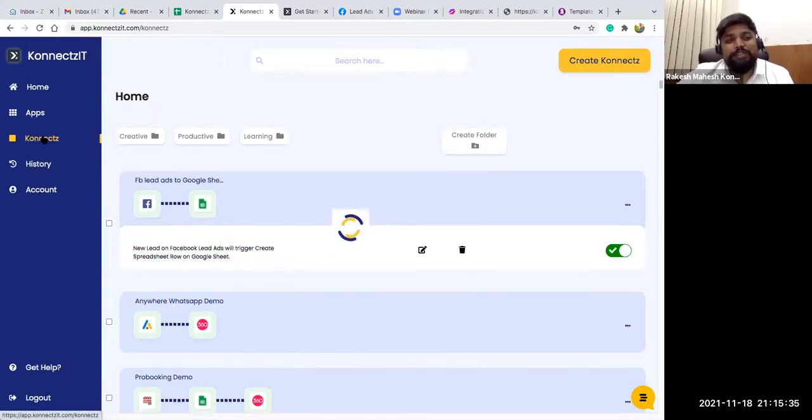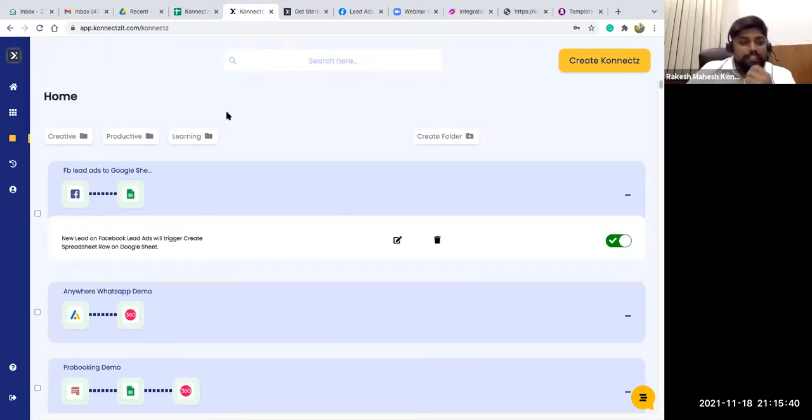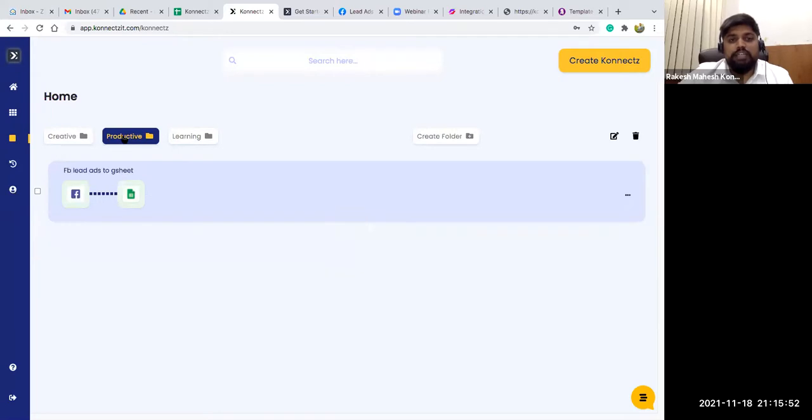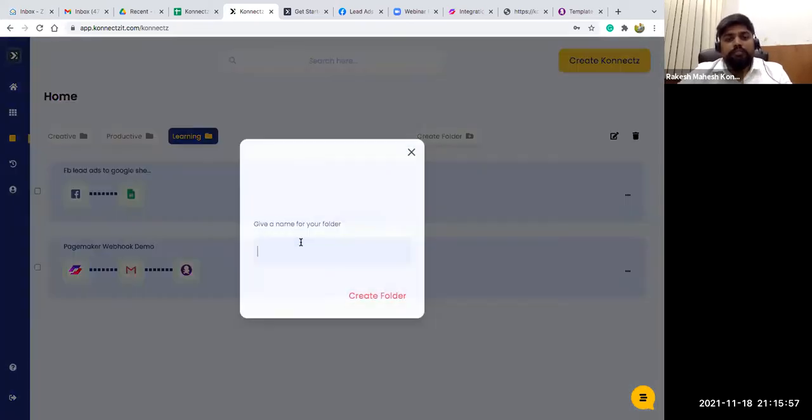So I'll be explaining the Connects tab. Meanwhile, what the Connects tab does is you can manage your folders. So you can organize all your connects. You can create different folders and manage your connects, and you can create a new one as well.